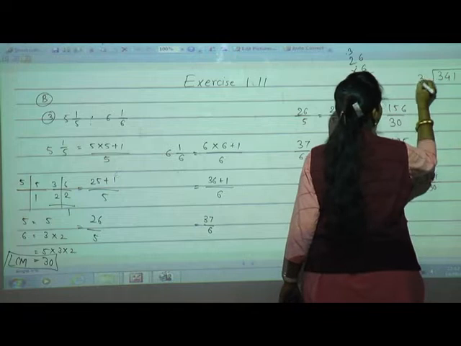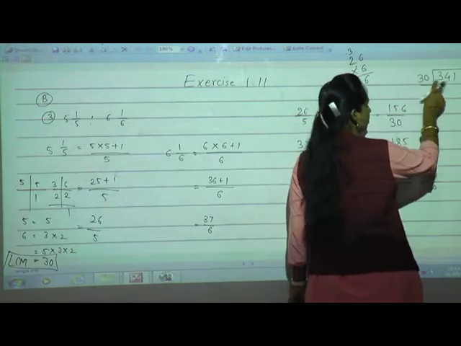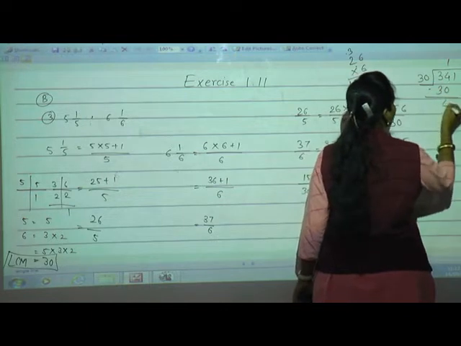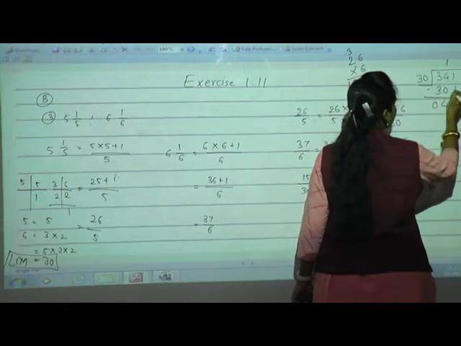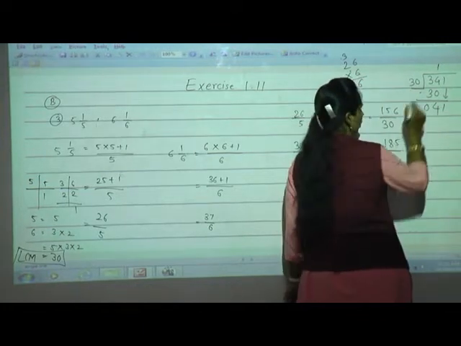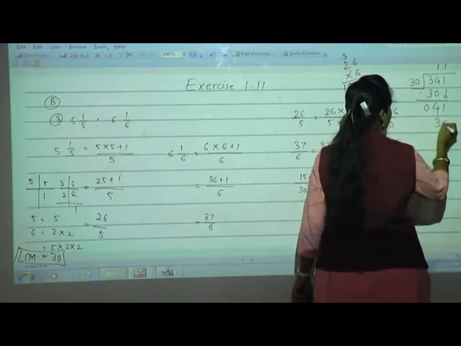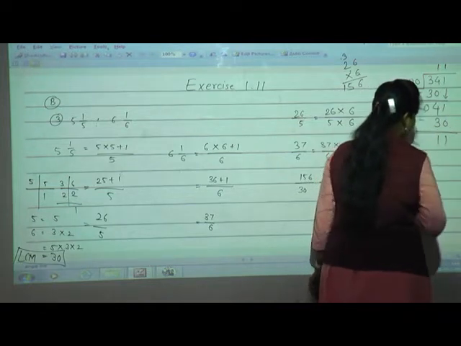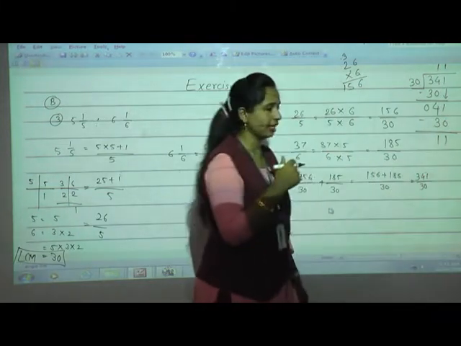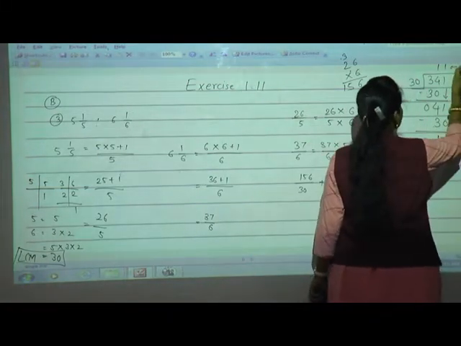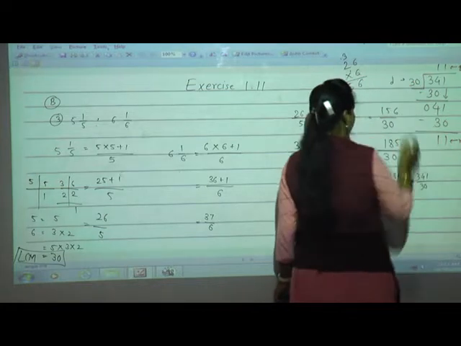341 divided by 30. Now see, 2 digit, 30 ones are 30, 4 will remain, 0, bring down 1, again 30 to the 60, we cannot take, so 30 ones are 30 only. Now 1 minus 0 is 1, 4 minus 3 is 1, now we cannot do the next. So this is the remainder, this is the quotient and this is the denominator.